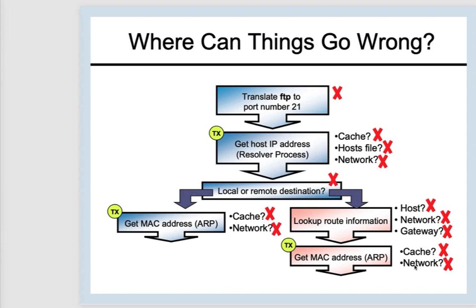So in each of these cases, things can go wrong. We may not be able to get the information. Also, the information may be poisoned or incorrect. That's why I mentioned the importance of using a host file to secure servers and, in general, being aware of the security of our network, so we're not going to be prone to a problem like ARP cache poisoning.